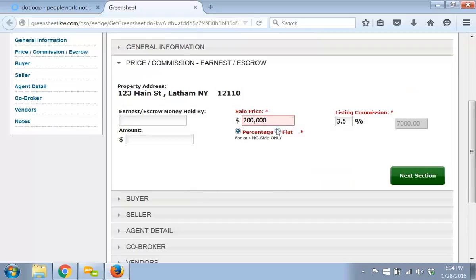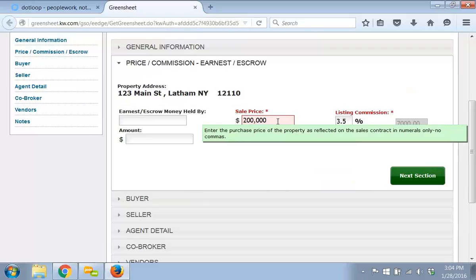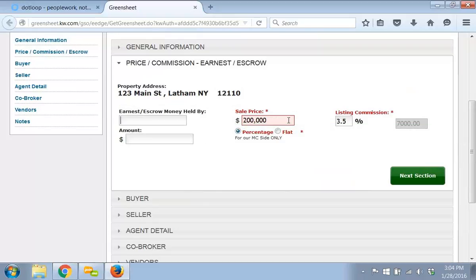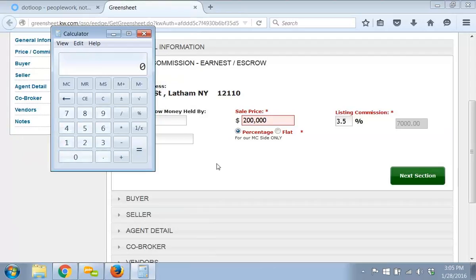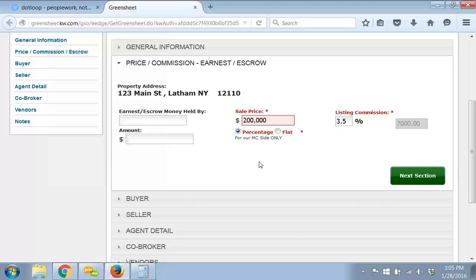If this were a deal with seller concessions, let's say that the sale price is $200,000 with $5,000 in seller concessions. If you'd like to take the volume at $200,000, what you can do is manually calculate the commission on this. So what you can do here is pull up your calculator. The commission in this instance with a concession will be based on $190,000, so you can take that and multiply it by the 3.5% that you charged on the listing side, and you're at $6,825. So rather than doing the percentage, you would click here and click flat, and then enter